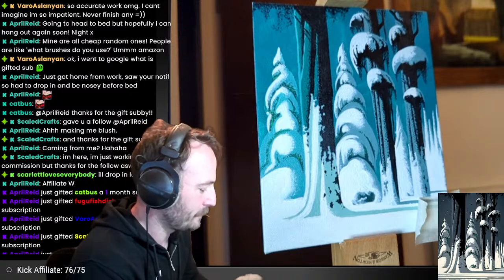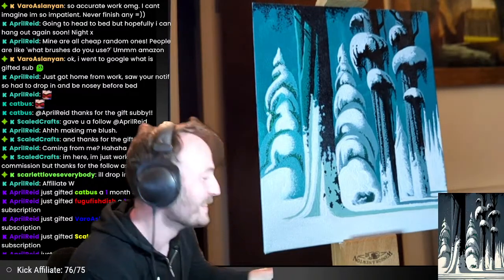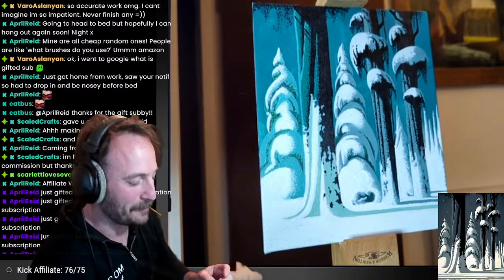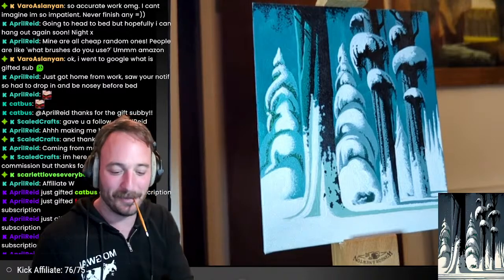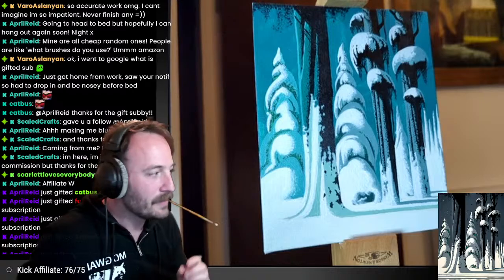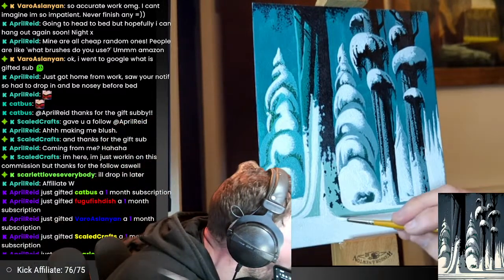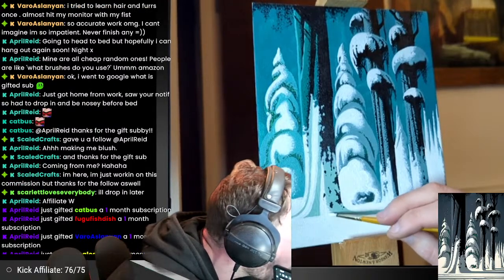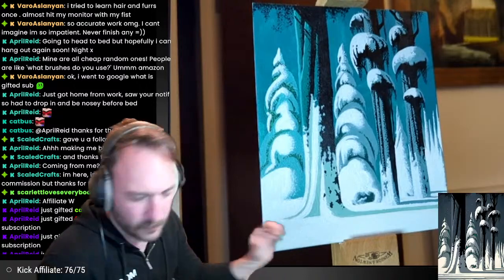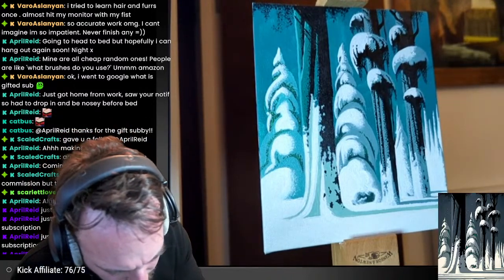Oh, straight. Ish. That didn't quite work. But that's okay, right? We're all about embracing the mistakes. So, I think what we can do is now we're getting to the pointy end of the stick, as it were. Let's finish the white underneath this line, and then we'll go in and start mixing some color and see